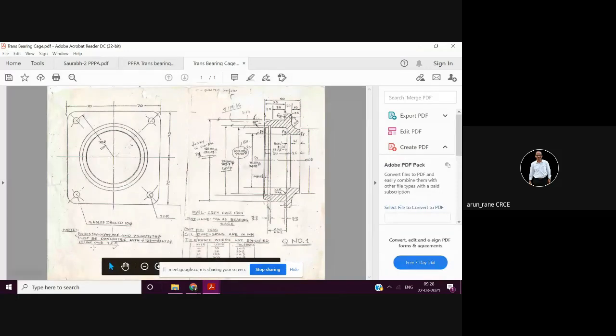So like here now see, can you see this? Yes, bore, sir. Diameter 100 and 75 must be concentric with diameter 125, 124 within 0.05 TIR. TIR means total indicated runout. So this bore and this diameter are very important. They should be concentric to each other within 0.05. So this is based on the geometry.